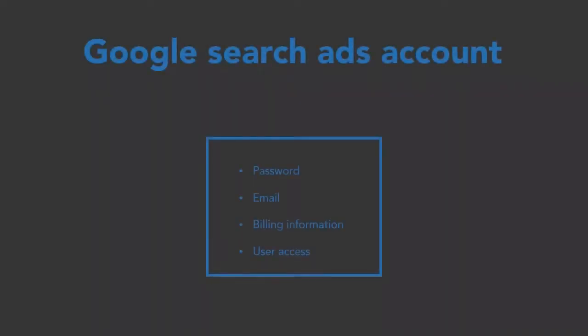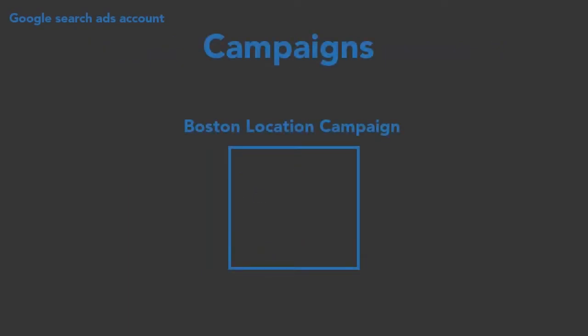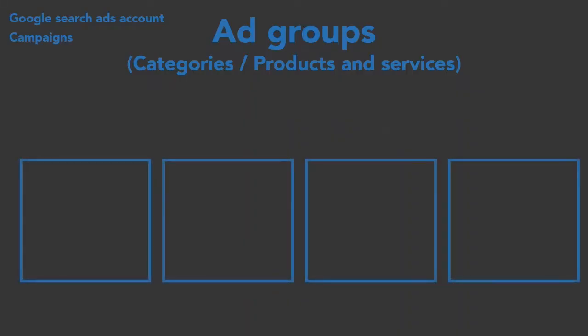So as an example, let's say you're an escape room in Boston and you have a budget of $300 per month for advertising on Google search ads. The way you could set it up is you could have one account. And if you have only one location, you can set up one campaign for the Boston location. In that campaign, as far as the settings are concerned, in terms of geo-targeting, you want to target the Boston area and maybe a radius around your location, maybe 25 miles, for example. And you're going to set up your budget, which would be $10 per day if your monthly budget is $300. And then at the ad group level, what you would want to do is set up those different categories